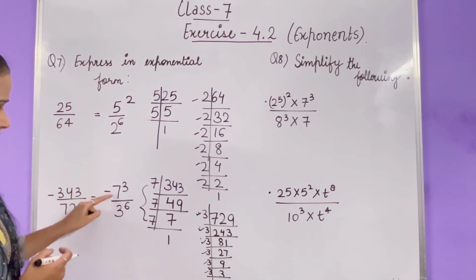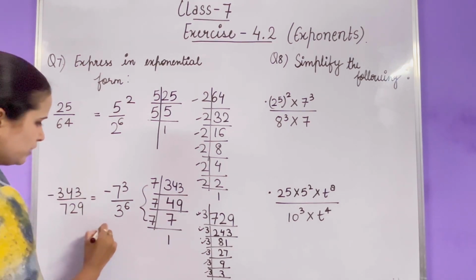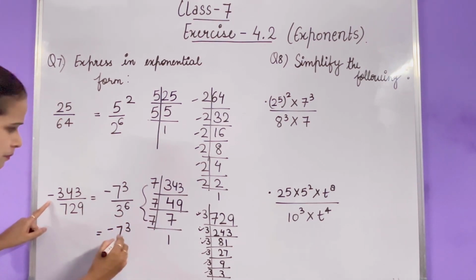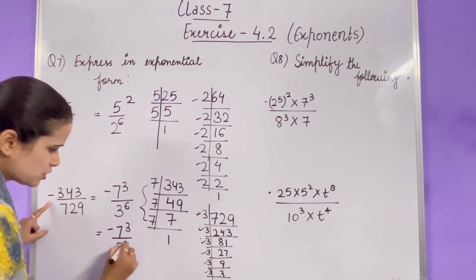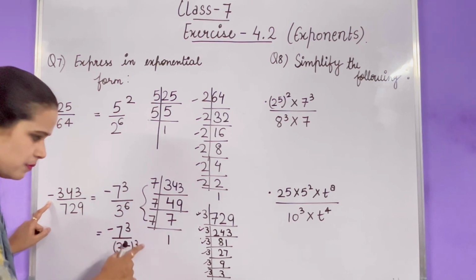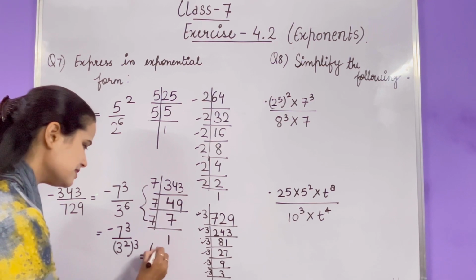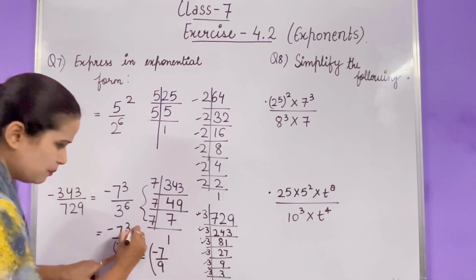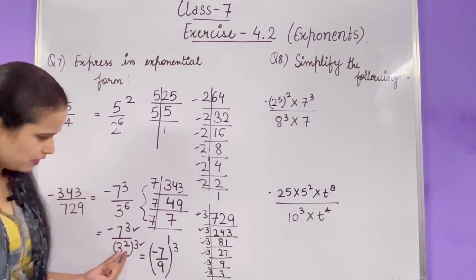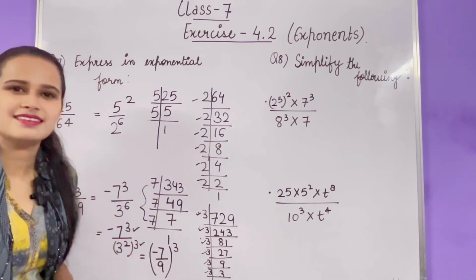Now how can you write it inside one bracket? Let's understand. We will simply write it like this: minus 7 raised to the power 3, because minus was here. Now how can you write this 3? 3 square and its power 3. We can break 6 like this, 3 to the power 2 and its power 3. Now what will you write for 3 square? 9. So minus 7 upon 9, its power 3 as well. The whole power 3 we write outside, and this will be 3 square, 9. So it can be written as this, and in simplified way it can be written as this also.